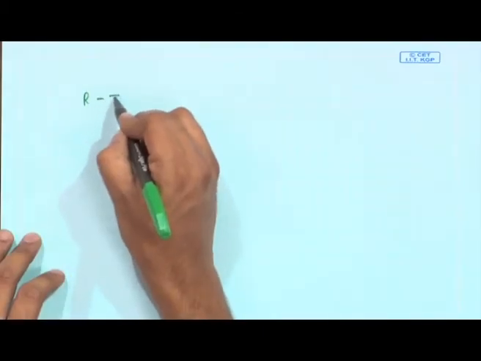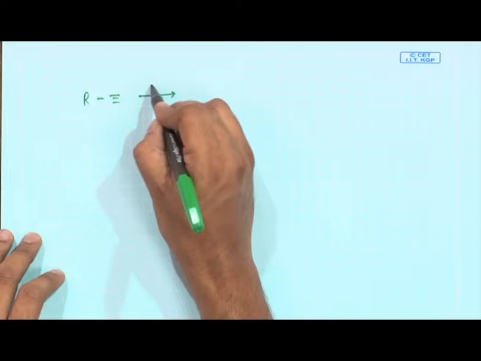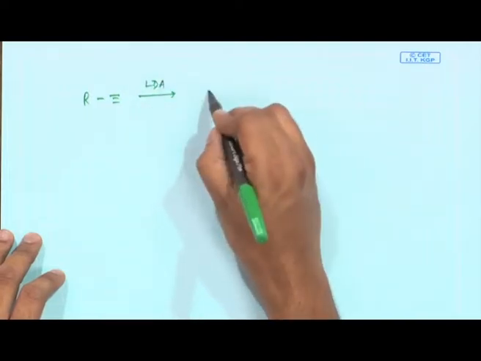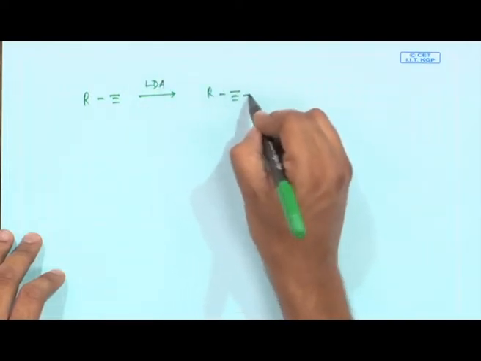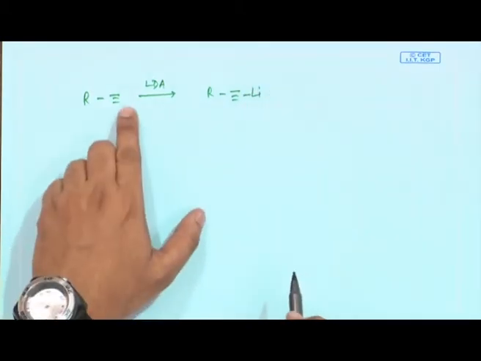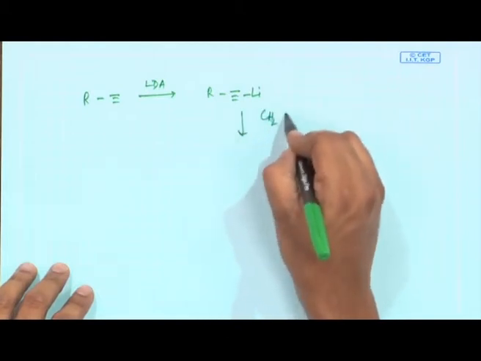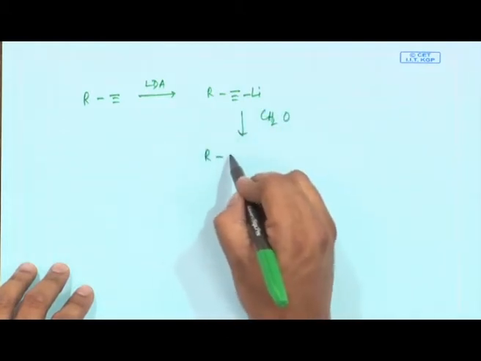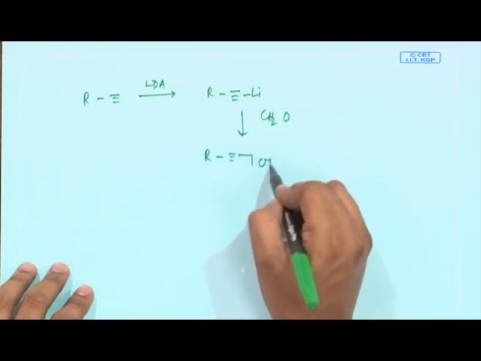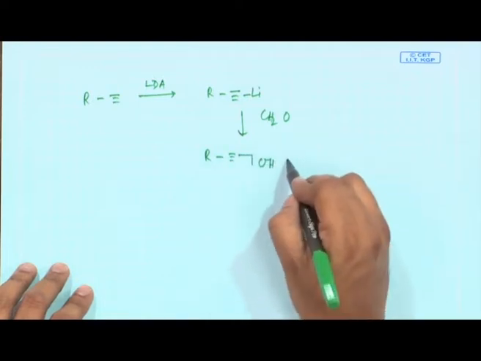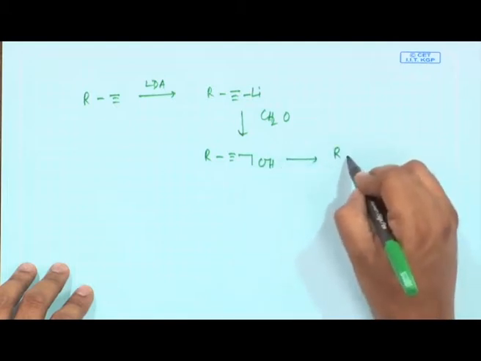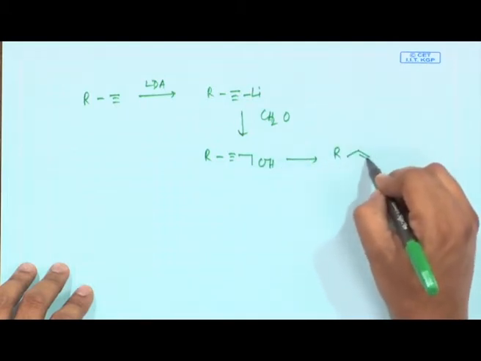What next is required from you is, you have a triple bond compound. You subject it to a base, normally LDA is preferred, and the acidic hydrogen of the triple bond will be removed to give the acetylide. This acetylide you can quench with formaldehyde to get the corresponding propargyl alcohol. Now, the final product which you have seen basically has this E geometry.